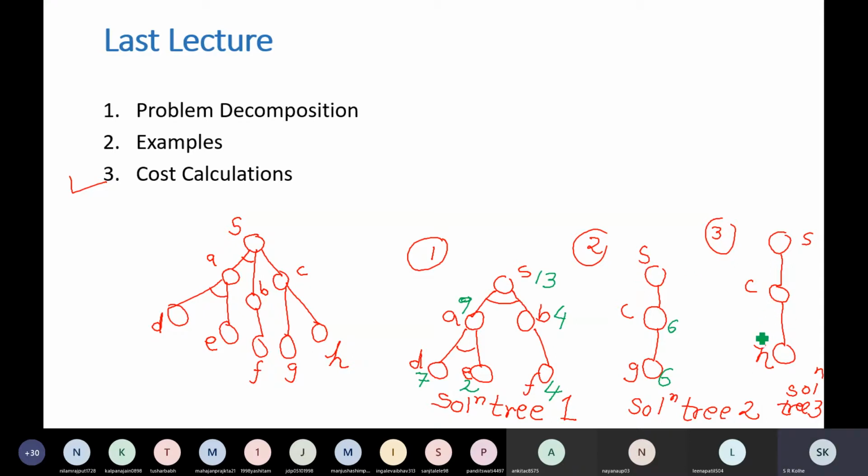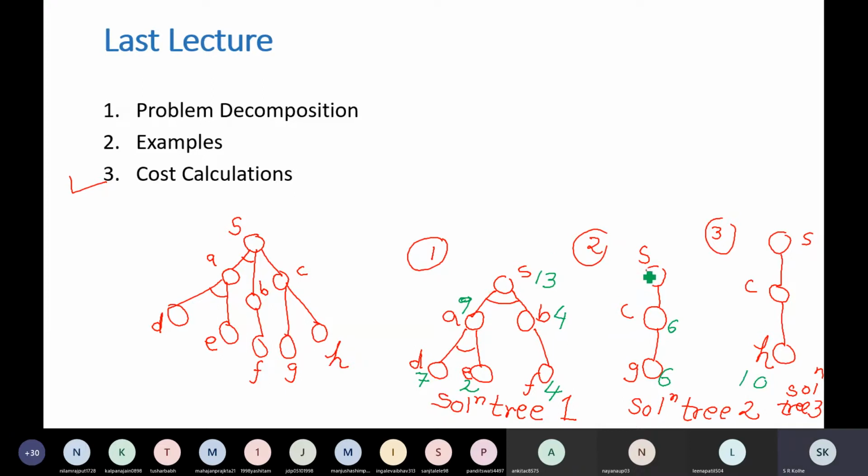Similarly, come to the third case. Suppose out here cost is 10 to reach to the goal. Actual cost will differ a little bit because from H, cost to reach to the goal is 10. Some cost will be there to reach to this node H. So we are assuming that that is small. So suppose that cost is 2. So actual cost will be 12. But we are ignoring that cost. So cost associated with S will be near to 10. So if you take solution tree 3, cost is around 10, 2, cost is around 6, and 1 is around 13.